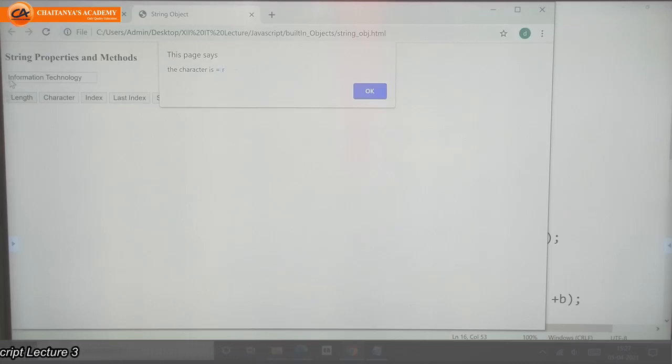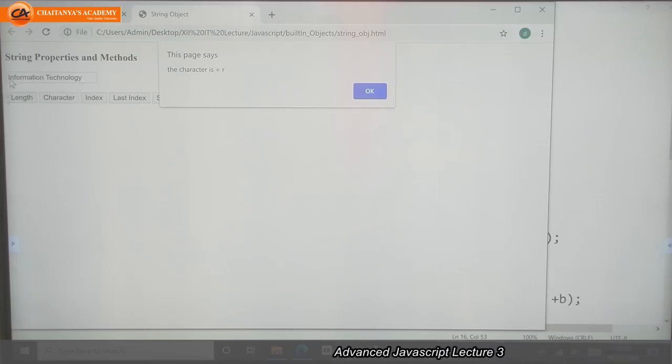Let's check. First character is I, second is N, third is F, fourth is O, and fifth is R. But here I got the character R, which is the fifth character. Why? Because the browser counts index starting from 0.